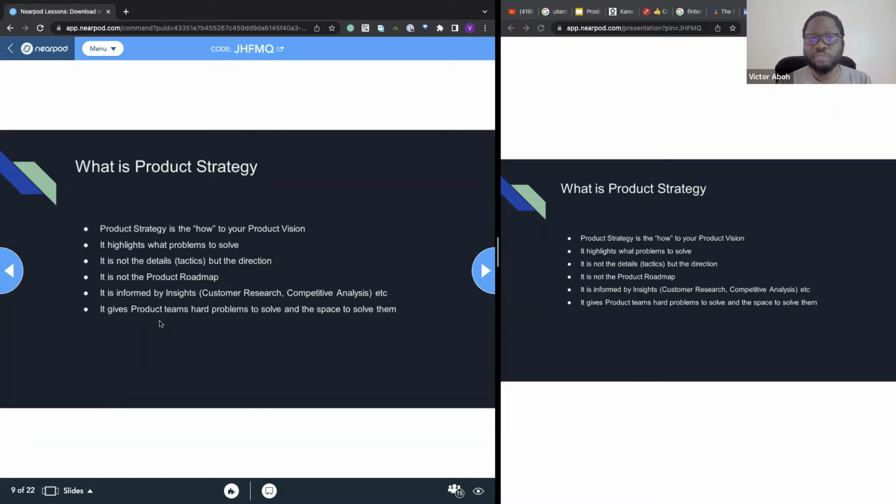I think a lot of us would be more fulfilled in our roles if we were solving problems as opposed to just doing delivery, right? Like, here's a set of requirements for you to deliver. So the product strategy enables that kind of collaboration. It enables us to own the problem and to own the solutions that we're putting out there.